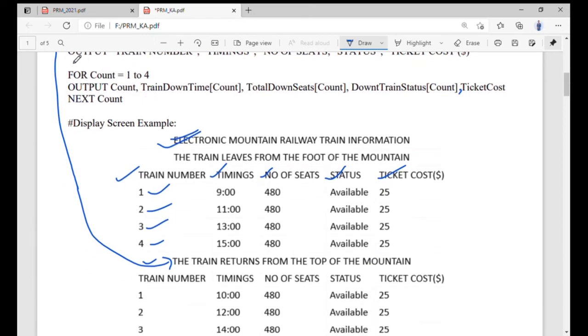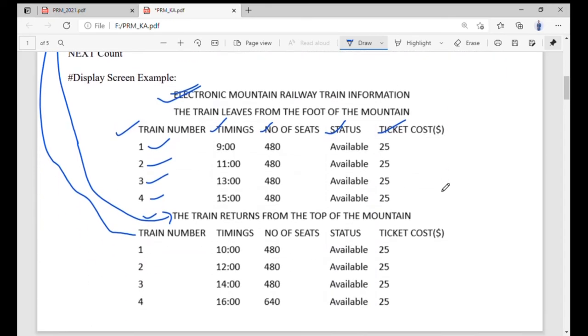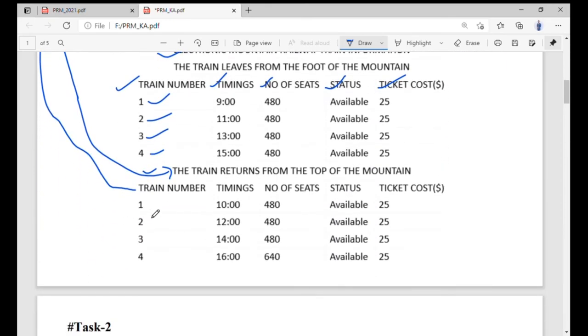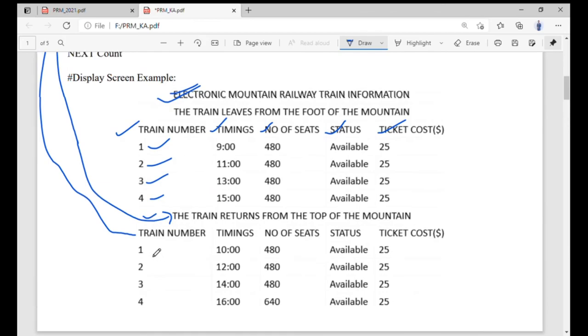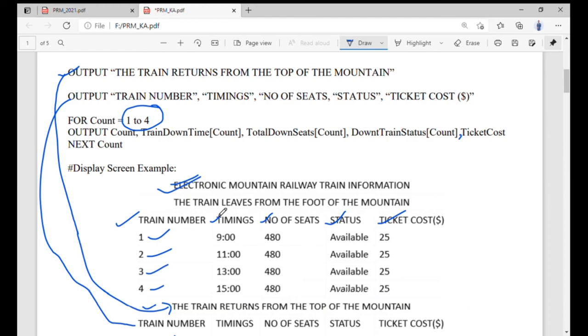Now the second heading we are making here. Just go up and see: train number, timings, number of seats, status and ticket cost. All the information is there, 1, 2, 3 and 4. Why 4 times? Because we wrote 1 to 4 here. So that's it for task 1.